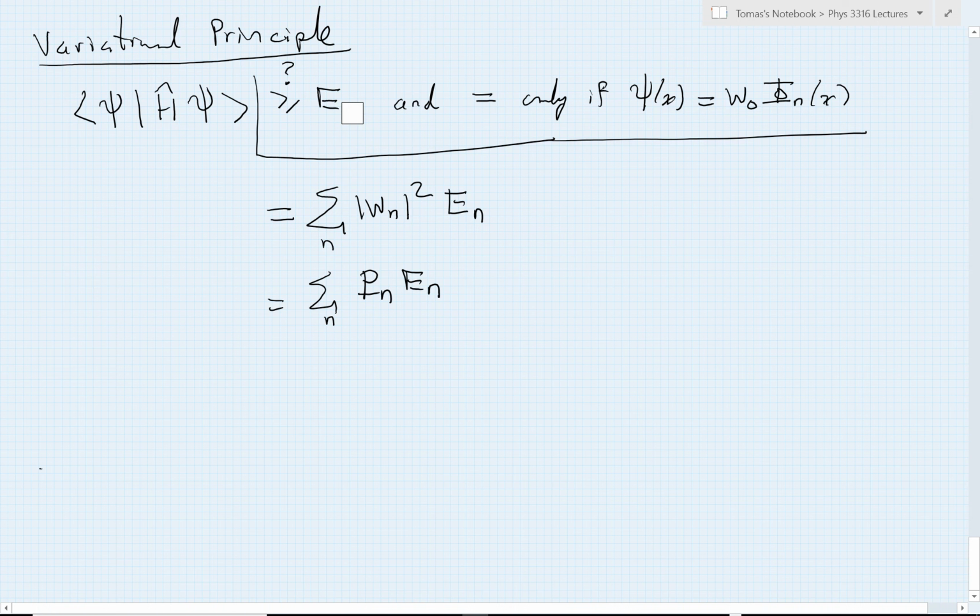Now, from a practical point of view, to prove an inequality, basically the only way to do that is to subtract both sides of the inequality, and then to prove that the result is positive. So to get that subtraction going, one thing that I can do is to subtract E naught from both sides of my equation.